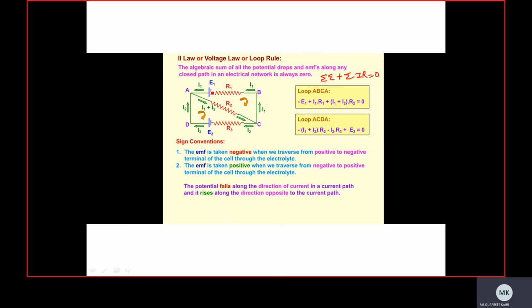That is, the current coming towards the junction is I1 plus I2. Point A is the junction. The same amount of current will be leaving the junction. So this conducting wire containing resistance R2 has the current I1 plus I2. That is, the current moving towards the junction will be equal to the current moving away from the junction. So this resistance R2 will have the current I1 plus I2.